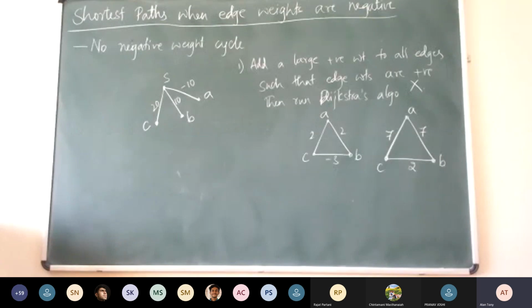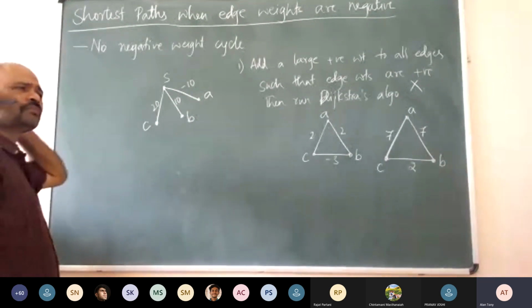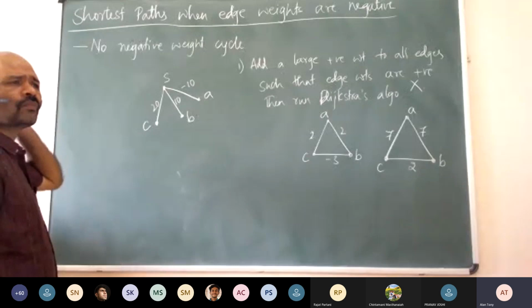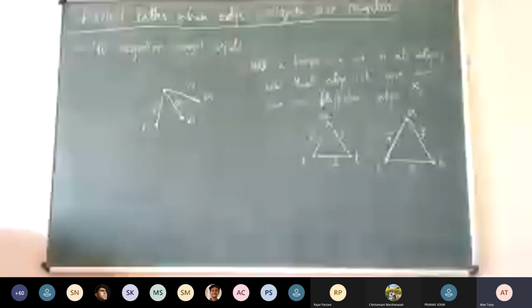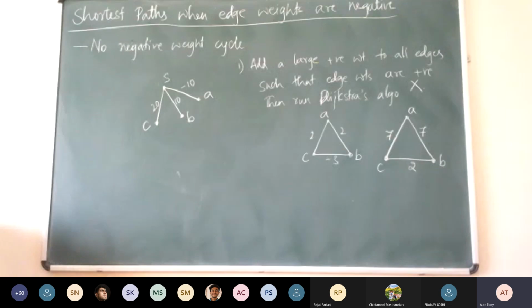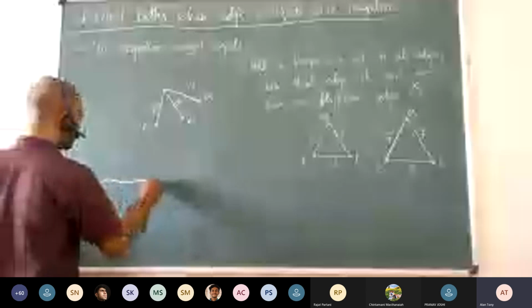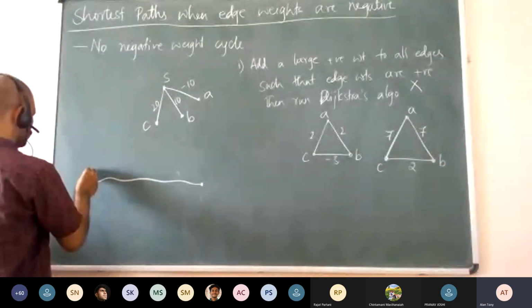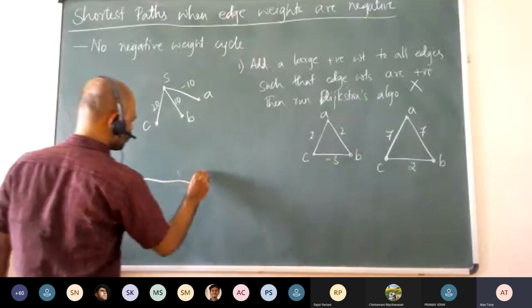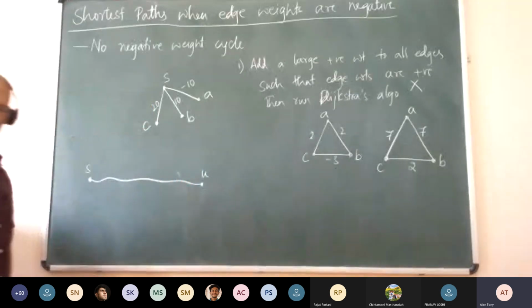Since there are no negative weight cycles, the optimum path won't be in a cycle, right? Otherwise, if a cycle has a negative total sum, we would go into that negative cycle. But if it's positive, it won't be the correct path because you keep adding positive weights all the way through the cycle. So you would rather just not take the cycle. Okay, so what